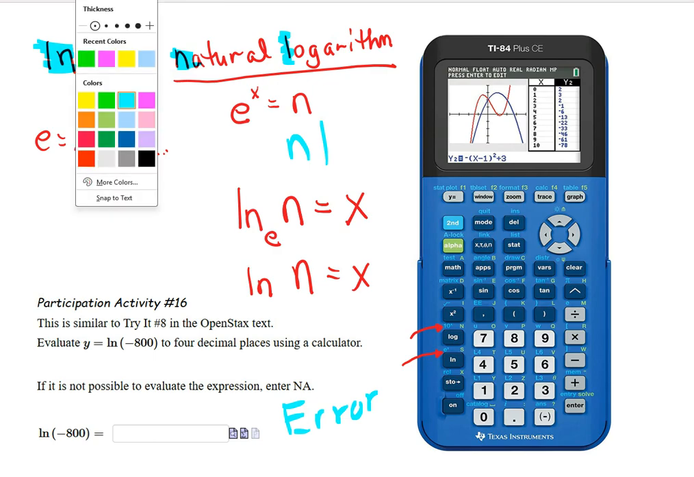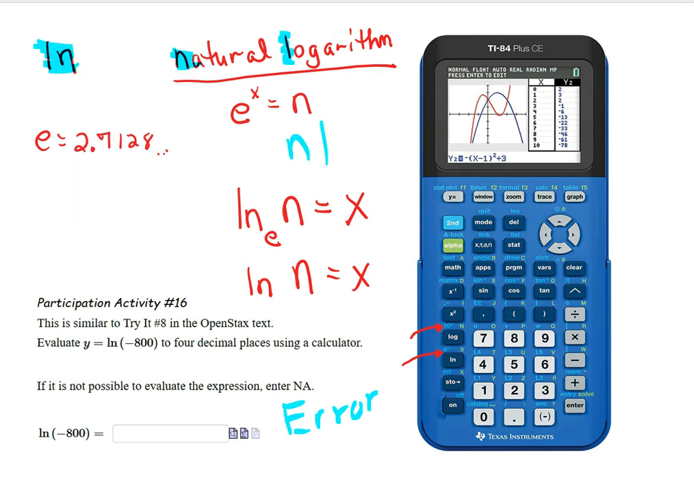But I don't know if you notice this, but right here it says, if it is not possible to evaluate the expression, enter an NA. So this one is an NA. It's not applicable. You can't do it. The reason is when you graph